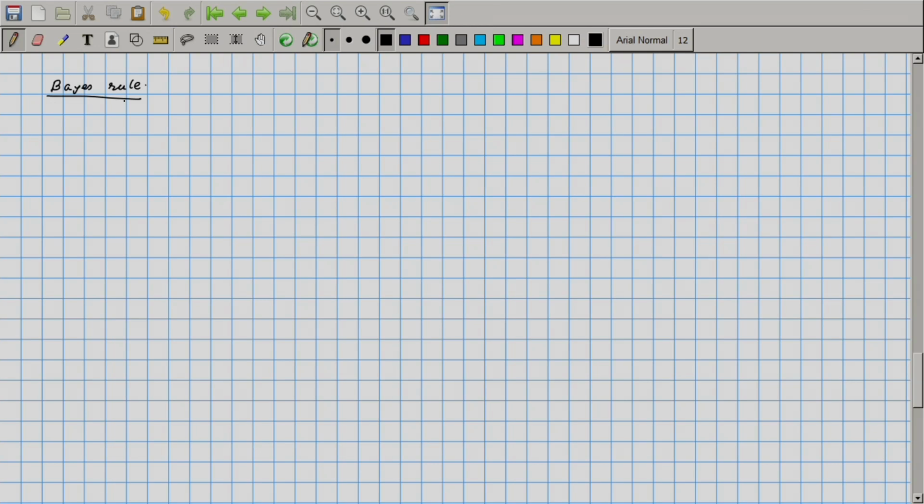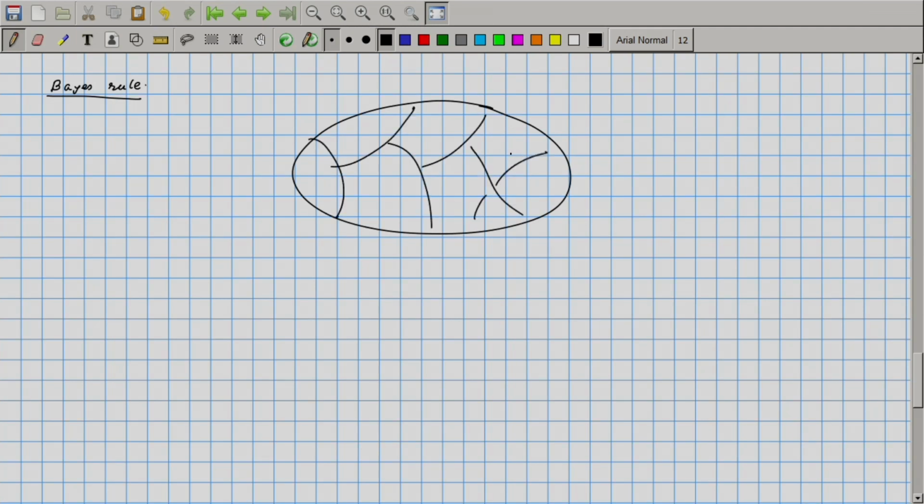So, now let us describe a sample space. This is a sample space and it is formed by many different events. Okay. So, these events form a partition of the sample space. Let us call them A1, A2, A3 up to AN. So, we have a sample space which has been partitioned by events A1 to AN. When it is partitioned, these events do not have any intersection between them. AI intersection AJ is empty for each of these events. Now, if we were given a particular event A,